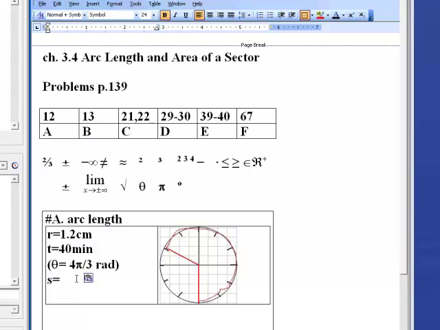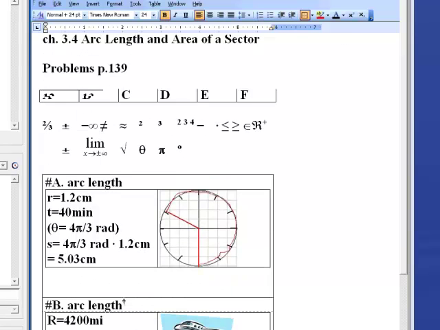So we have here 4 pi over 3. And then the arc length is 4 pi thirds radians times 1.2 centimeters. And I'm going to do that on the side. So 4 pi over 3 times 1.2, I come up with 5.03 centimeters rounded. Okay, next problem, which says,